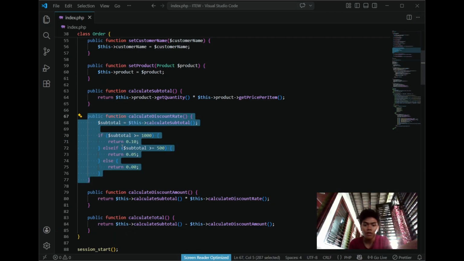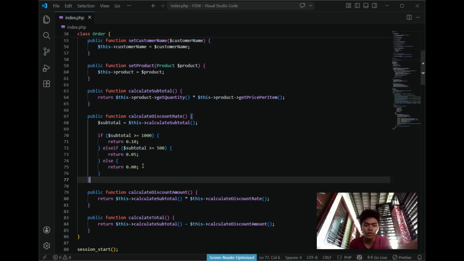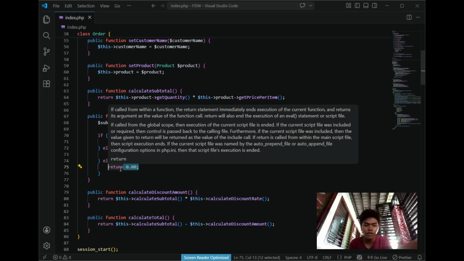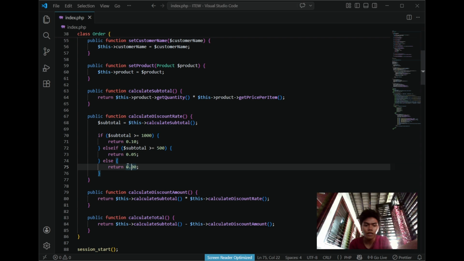if the subtotal is below 500, it will result in a zero or default discount rate. And then if the subtotal is 500 and less than 1,000, it will have a 5% discount.